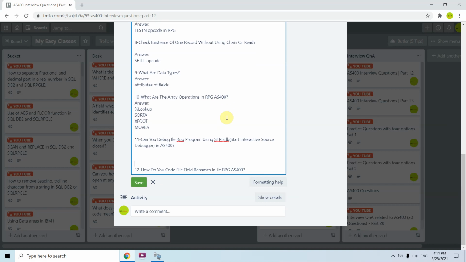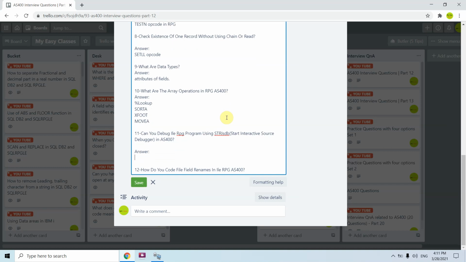Let's move on to the 11th question. Can you debug an ILE RPG program using STRISDB, Start Interactive Source Debugger, in AS400? So I would say no. I cannot debug an ILE program using STRISDB. For that purpose, I would use the STRDBG command to debug an ILE program.